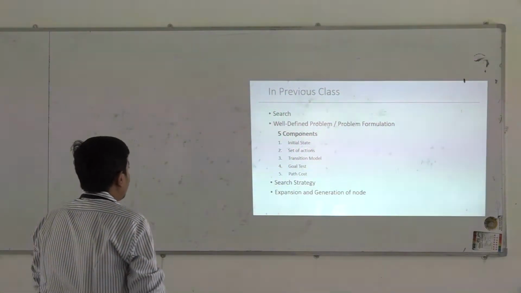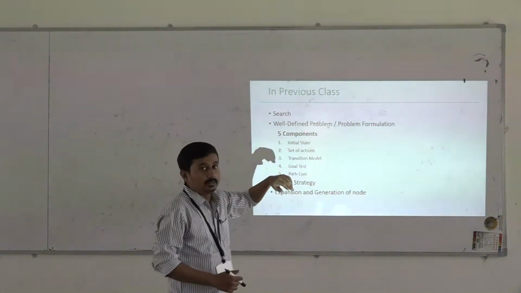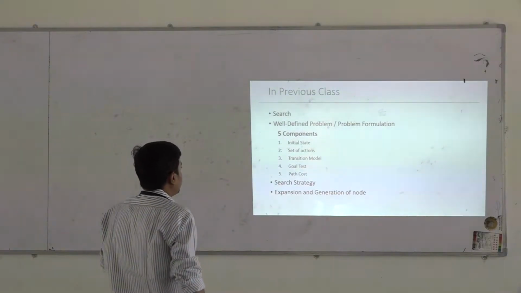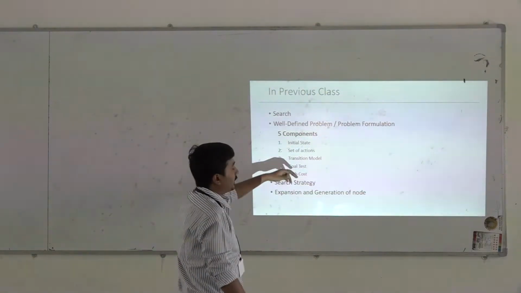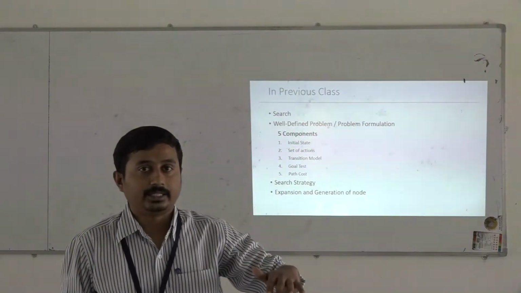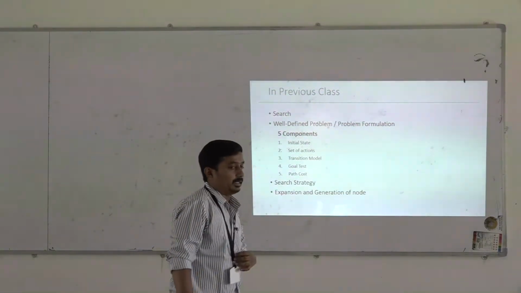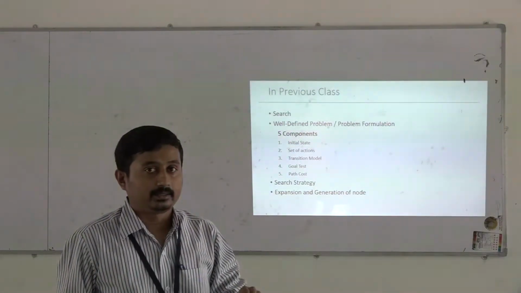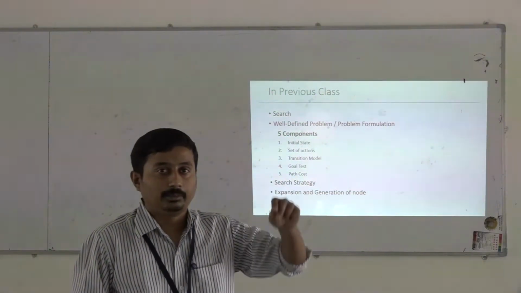Next we have seen a topic called well-defined problem. So how to formulate a problem? We use 5 components for that. First one is initial state. So what is the starting point of your problem? The next one is the set of actions available to our agent. Next one is transition model. When you apply a particular action on a state, new states are generated, and that is governed by this transition model. The next one is goal test. To check whether a current state is a goal state or not, we use this goal test function. The next one is path cost. It assigns a numerical cost to a particular node.